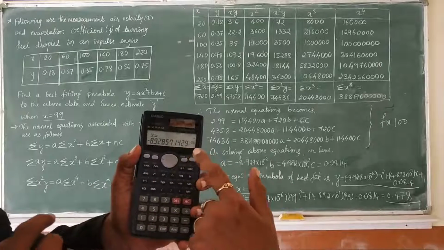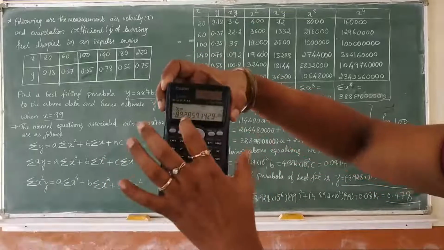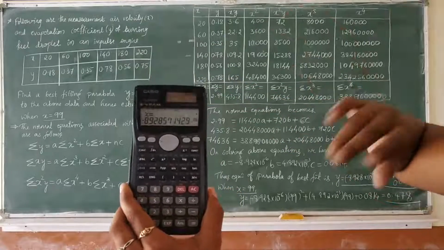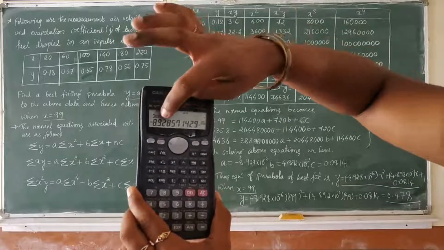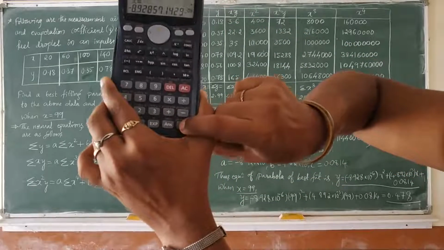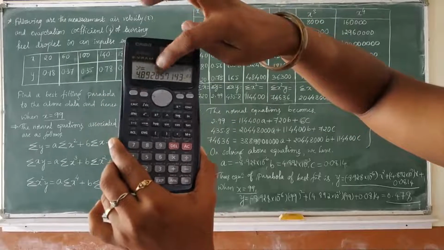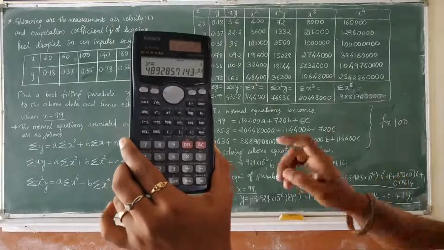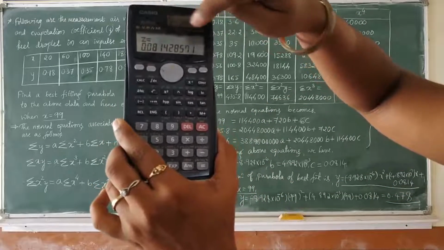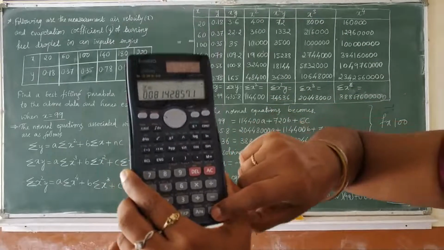The x value is minus 8.928 into 10 raised to minus 6. If you take all these values, you will get the exact answer, but just to avoid complications, we are taking only 3 decimals into 10 raised to minus 6. Next, press equal sign. You will get the B value, that is 4.892 into 10 raised to minus 3. That's what we have written here. Next, press equal sign. Third unknown quantity, 0.0814. This much you need to do.